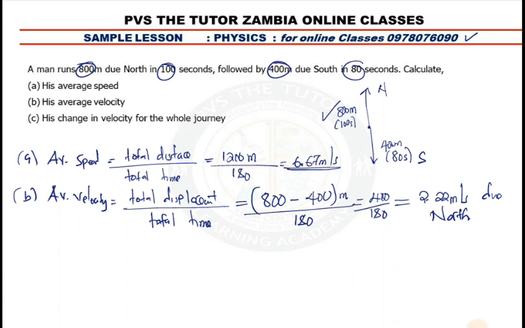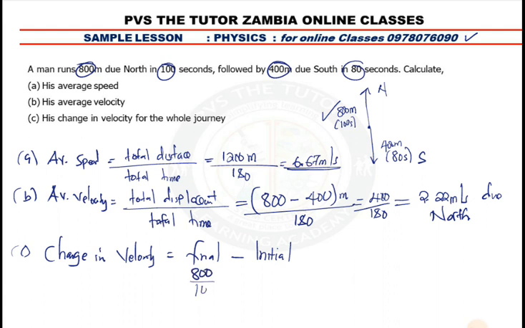His change in velocity for the whole journey, they are saying find the change in velocity. Now change in velocity is just equal to final velocity minus initial velocity. That's all. Final velocity minus initial velocity. So our first velocity here is 800 over 100. So 800 over 100. This is our final velocity